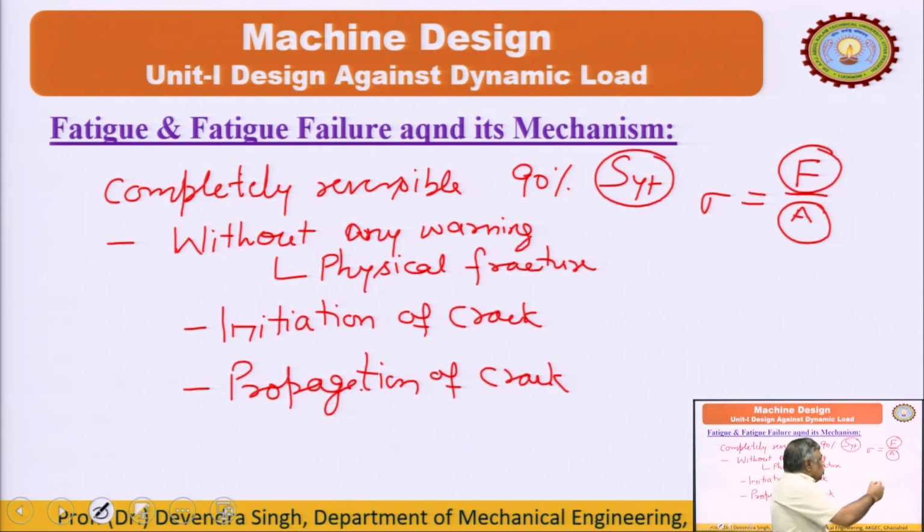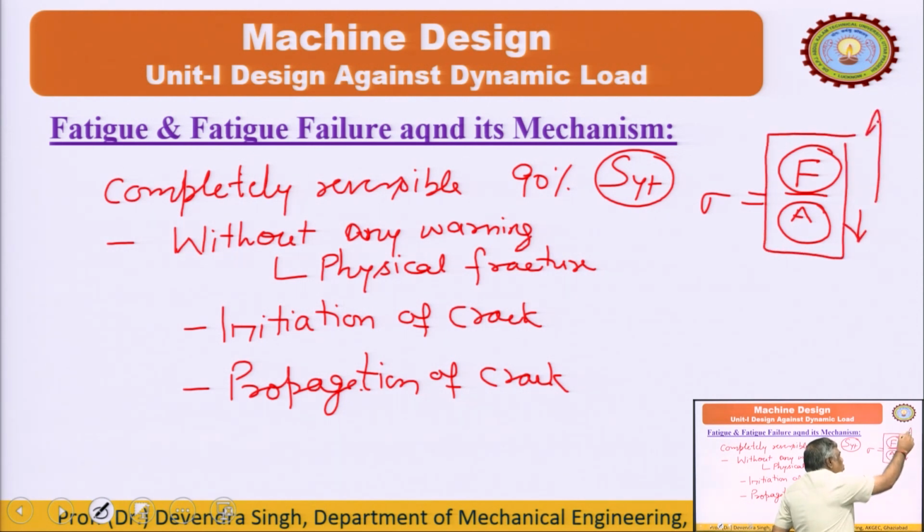If A goes down, then the value of this fraction will go up, that is stress. And if this crack is propagated further, this area will continuously go down and the effect will be continuously increasing in